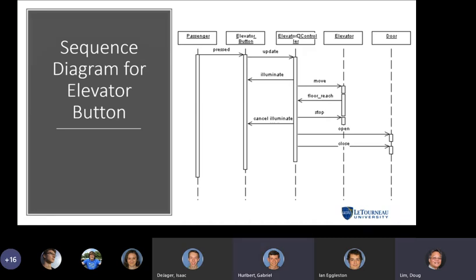So I heard a comment also. Yeah, it seems like this isn't so much describing passing control as in a single threaded system. It's multiple systems that are passing messages between each other. So it seems like the horizontal plane is more just grouping together the different functions happening on the different components. So it would be read top to bottom. The horizontal is just grouping where things are happening.